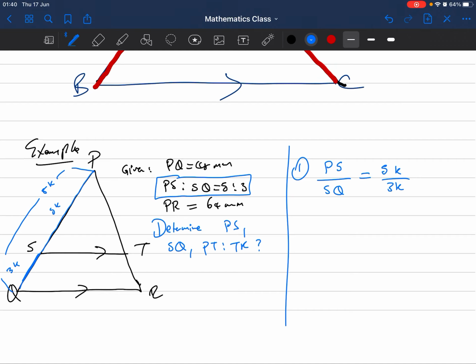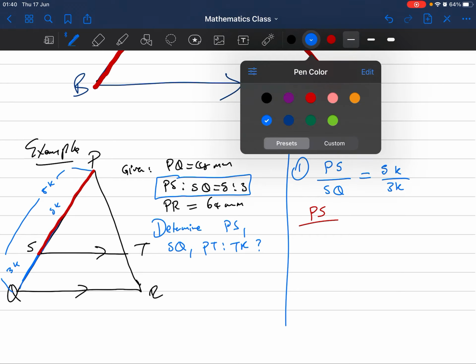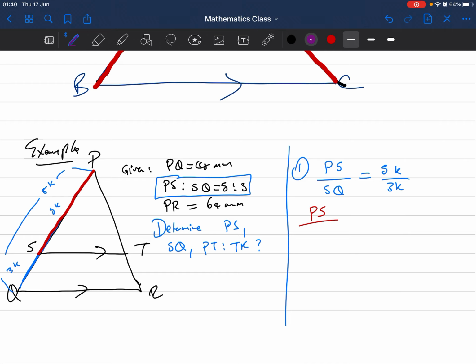So now let's use our theorem. We're looking for PS, right? So PS over, let's use a different color, over PQ. PS over PQ. So here's PQ. PS over PQ is the same as